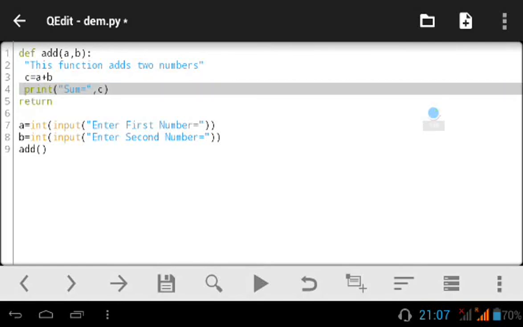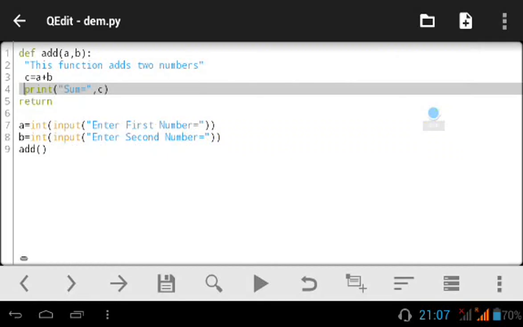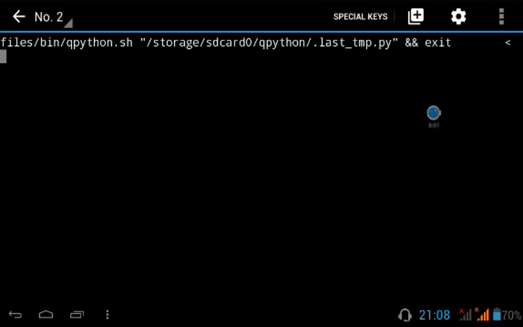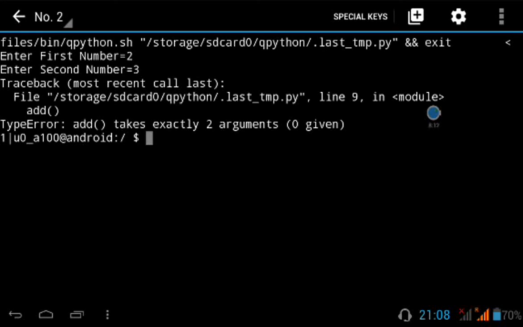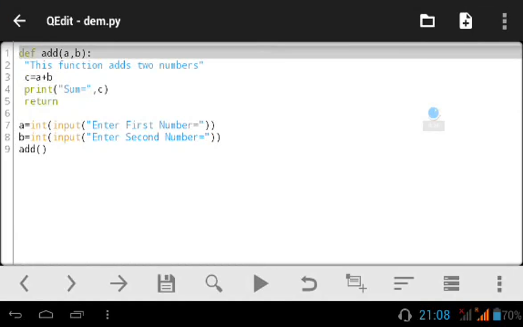Outside the function, yeah, because according to the concept of indentation this should be here. Now I run the program and I'm getting an error, I made a mistake. Actually, since I'm not passing any parameters,